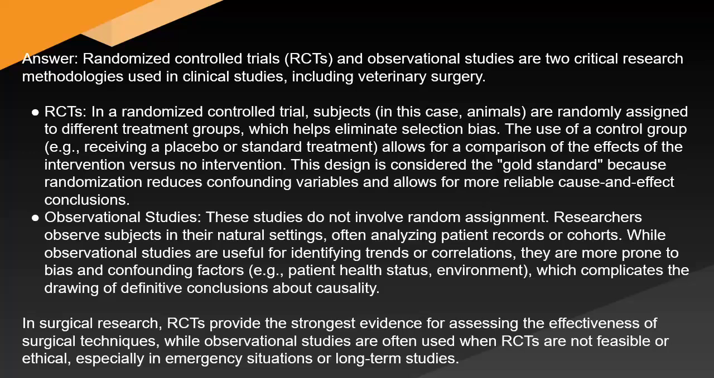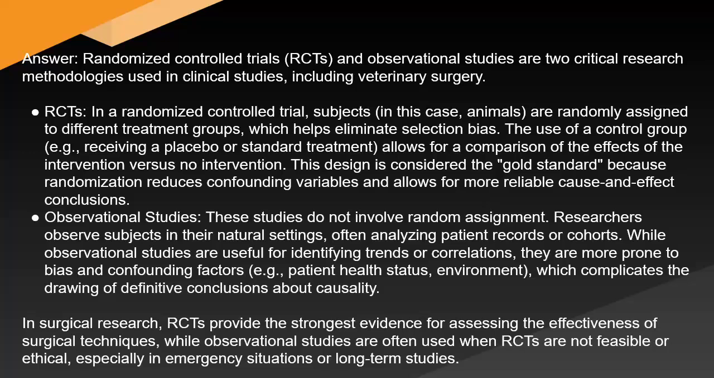In a randomized controlled trial, subjects, in this case animals, are randomly assigned to different treatment groups, which helps eliminate selection bias. The use of a control group, e.g., receiving a placebo or standard treatment, allows for a comparison of the effects of the intervention versus no intervention. This design is considered the gold standard because randomization reduces confounding variables and allows for more reliable cause and effect